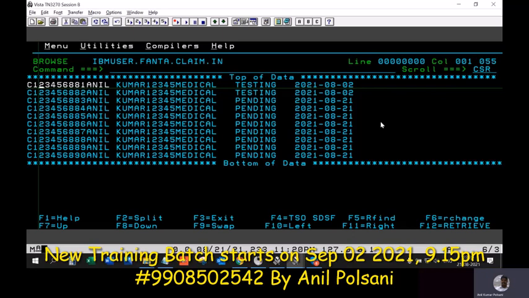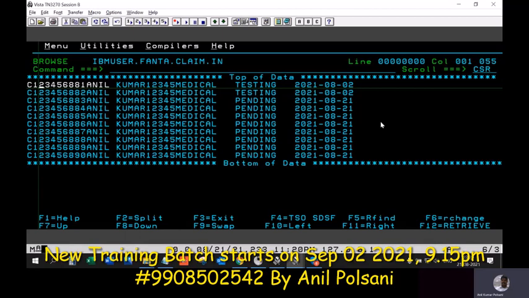Because you're browsing. You told the same thing on the JCL proc concept also, that you are in browse mode and you cannot edit. Of course I know that, but that's not the actual answer.